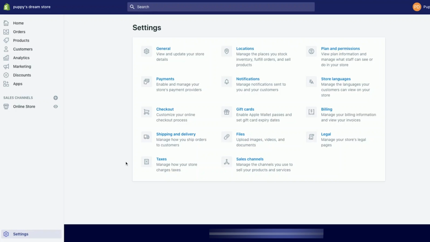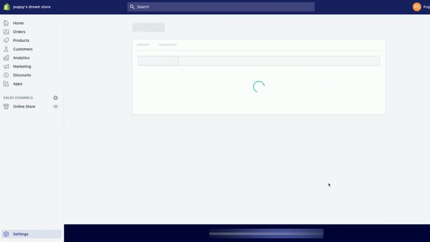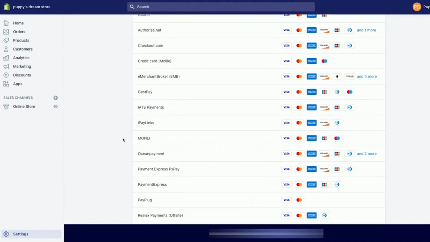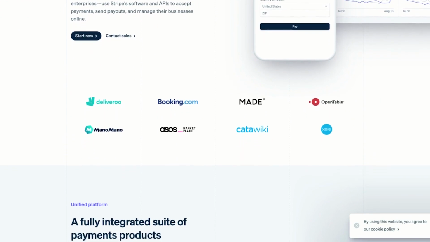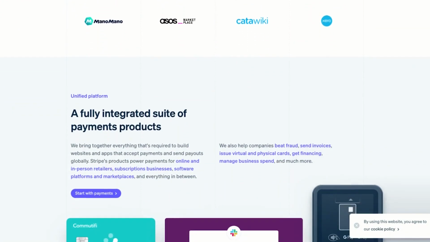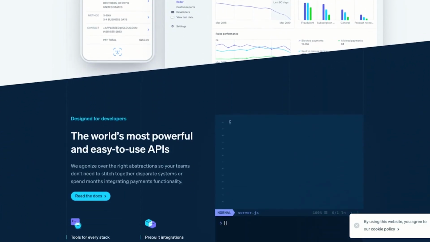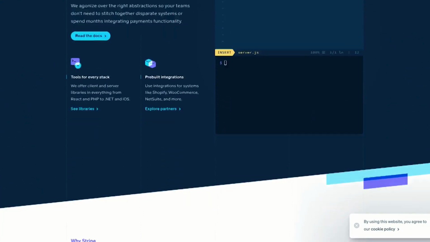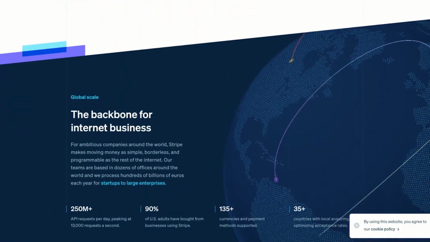To access the payment providers, click Payment Providers and you will see the options available to you. Perhaps one of the best is Stripe, since it supports all major cards. This payment gateway is very popular because it provides high-speed transfers, good support, and ensures that your customers do not get redirected to another website. In this way, your customers will pay right there on your store in just a few seconds.